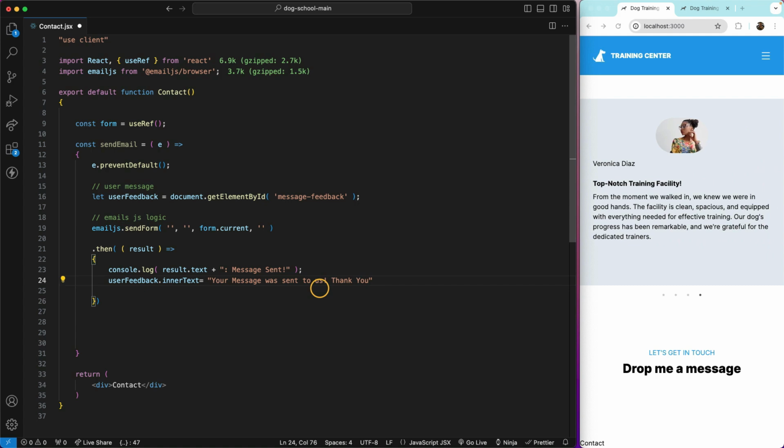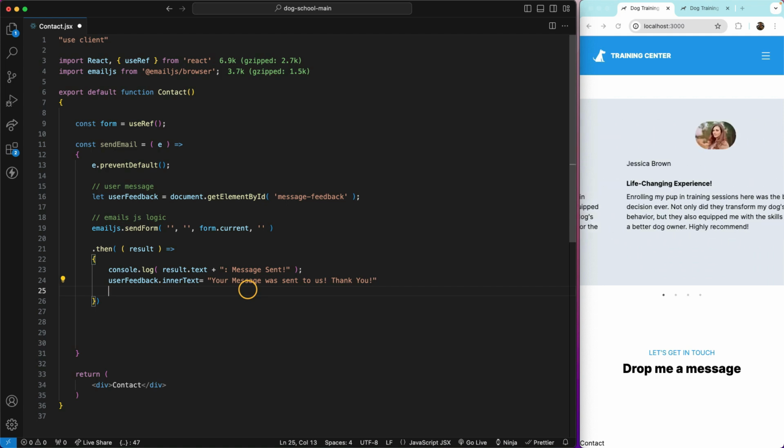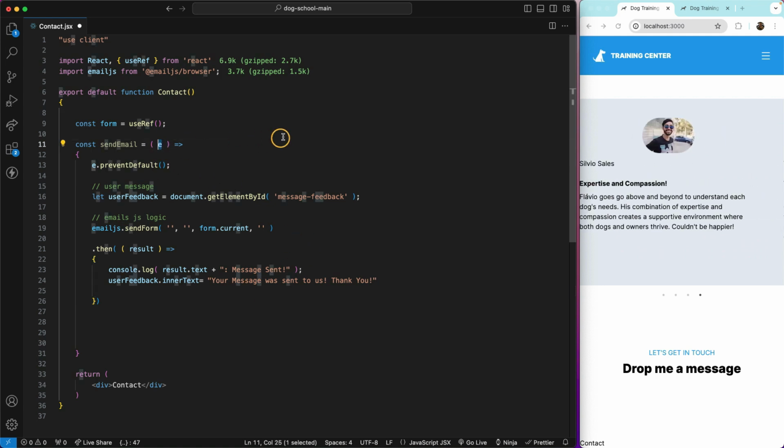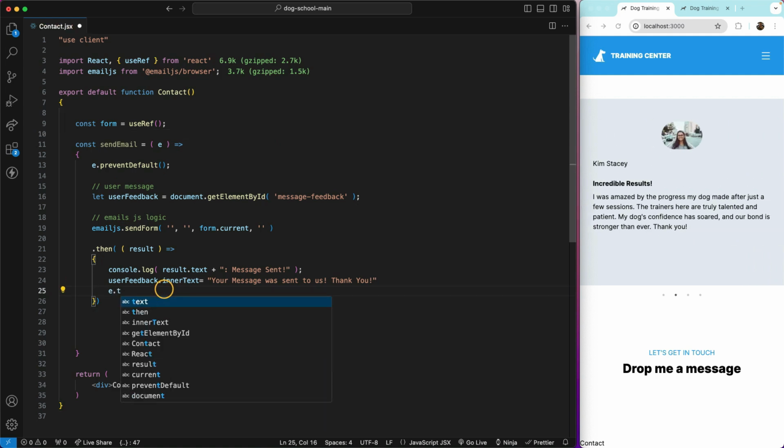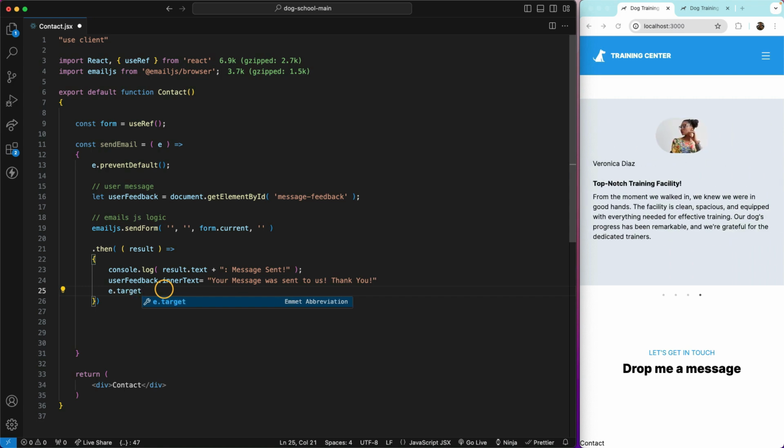Okay, this is what the user sees, and after this I want to actually clear the form. So after the message gets sent, I want to clear the form, so the inputs get empty. For that I'm going to access my event again, using the short e for the event, the usual convention, I guess. I'm going to access target, and I'm going to use the reset method, which is going to cause the form to be cleared after submitting